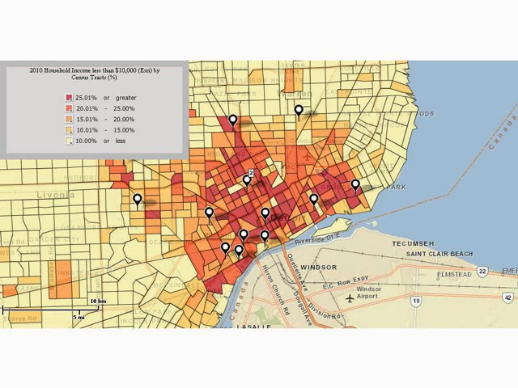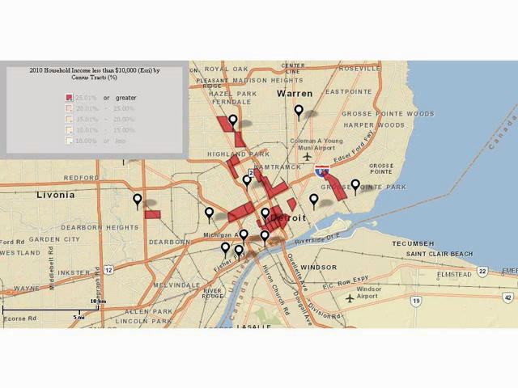So, this brings in, really quickly, 2010 household income status from the 2010 census, and again, posted online so I don't have to actually manage it, to filter that down to get to exactly the census tracts that I'm interested in. So these are folks that have average household income less than $10,000 annually. So these are the poorest census tracts in the city of Detroit, and you can see a number of the clinics that we support are either right in there or around there. So that looks at it from the standpoint of income.